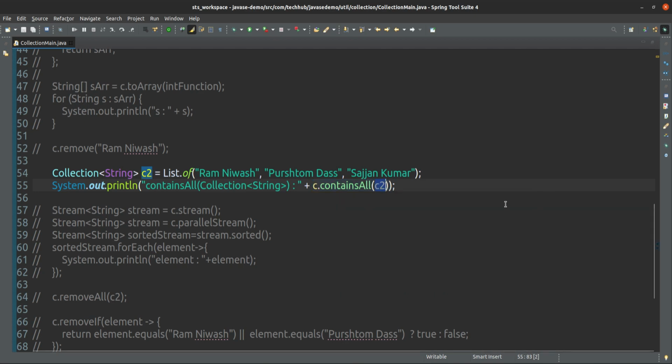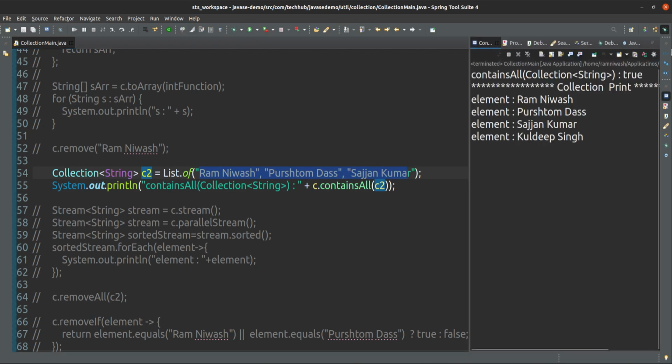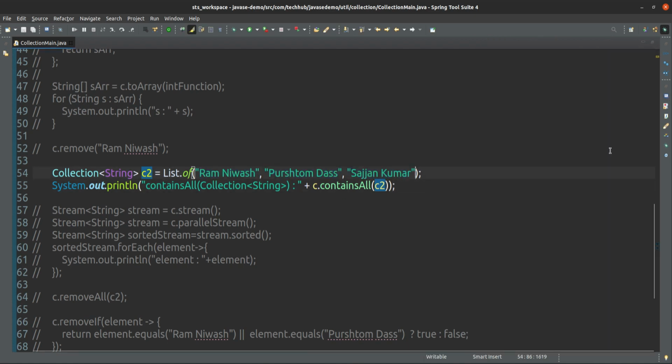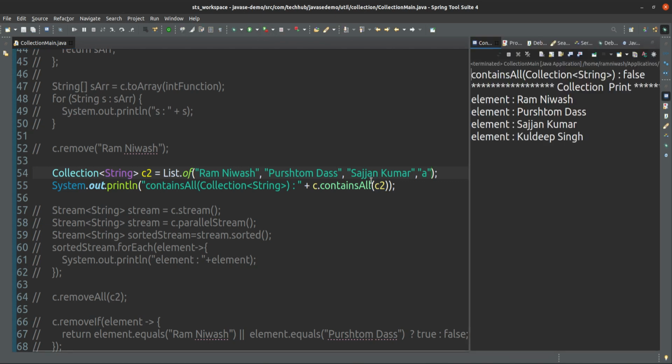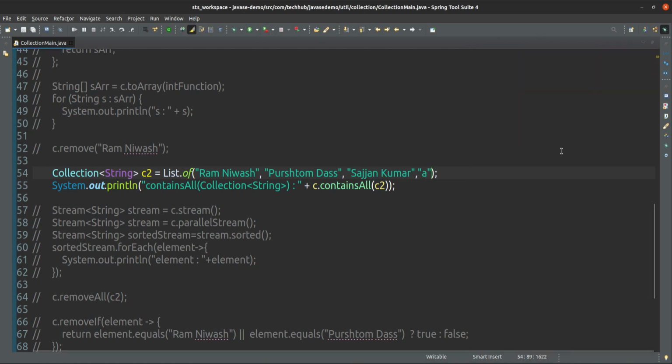Yes, it is there. Even in C1 one extra is there, but whatever is present in C2 all are there. That's why it is coming as true. Or if I add one more like A, now it is not present, it will give false. Yes. Okay, next one is contains all stream.